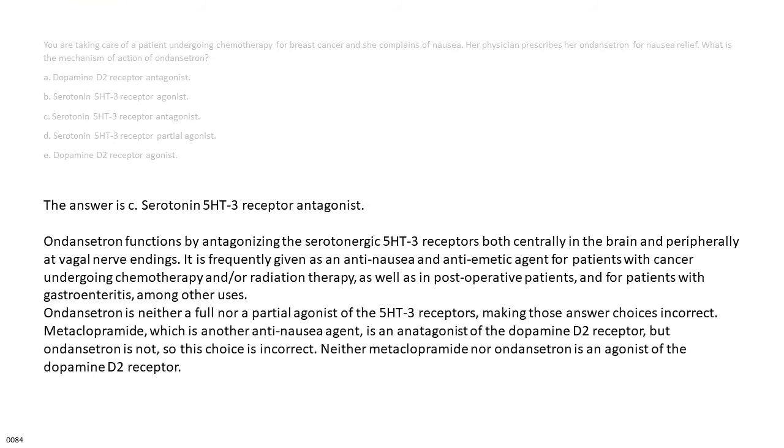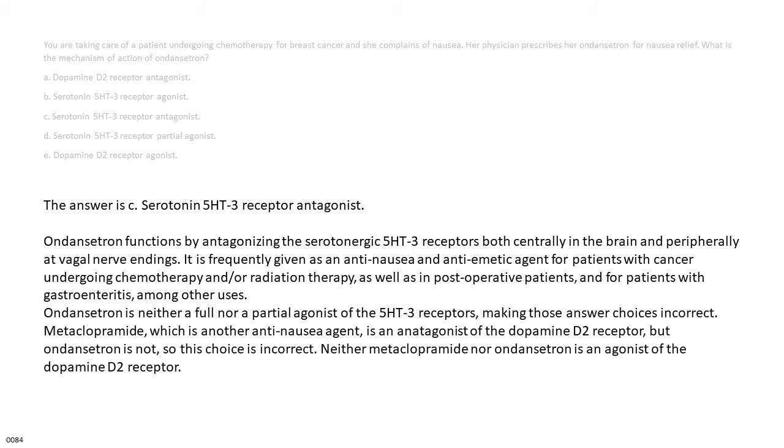The answer is C. Serotonin 5-HT3 receptor antagonist. Ondansetron functions by antagonizing the serotonergic 5-HT3 receptors both centrally in the brain and peripherally at vagal nerve endings. It is frequently given as an anti-nausea and antiemetic agent for patients with cancer undergoing chemotherapy and/or radiation therapy, as